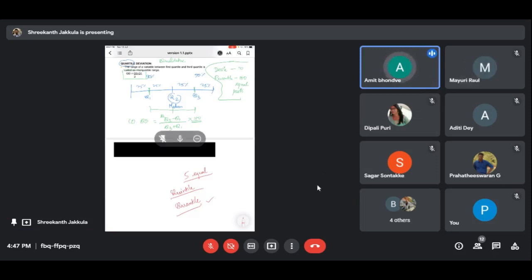Yes, centiles are 100. And then quartiles are four parts, tertiles are three parts, and quintiles are five parts. Other things like quartiles have already been explained, but what I want to stress upon is the quintiles. Quintiles are five equal parts of data.